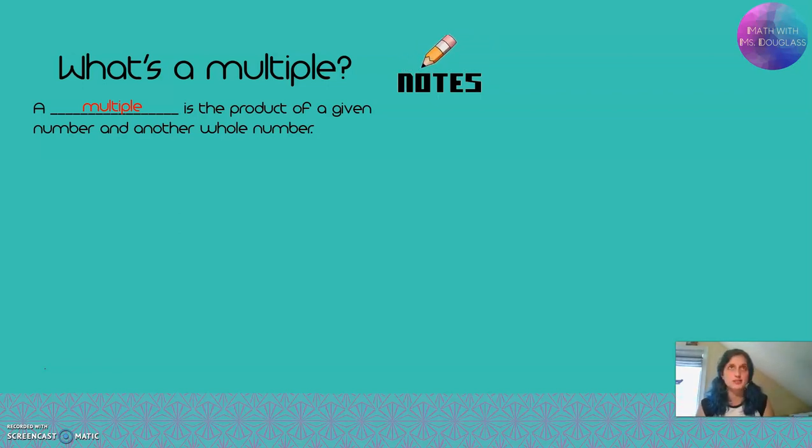Okay, well, I know product means the answer to a multiplication problem. Of a given number, I'm going to give you a number, 3, and another whole number. Okay, so here's how I write it. I'm going to say, okay, Miss Douglas, you want me to find multiples of 3? Here's my 3. And to show you that I'm going to start making a list,